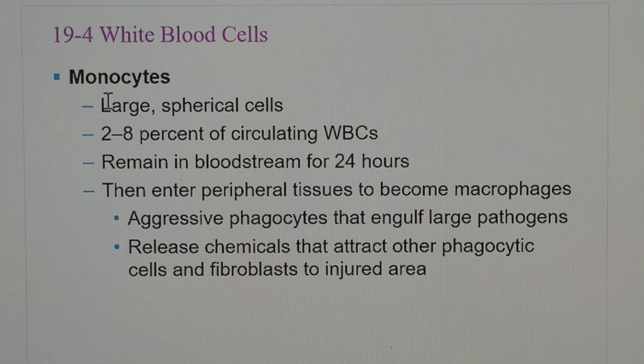The monocyte, which is the largest, 2 to 8% in circulating white blood cells, remain in the bloodstream for 24 hours. Then enter the peripheral tissues to become macrophages. They're aggressive,